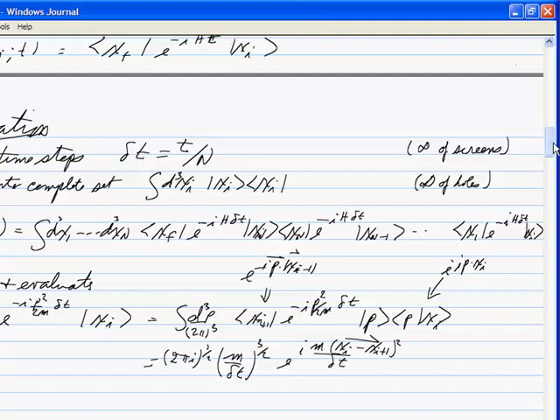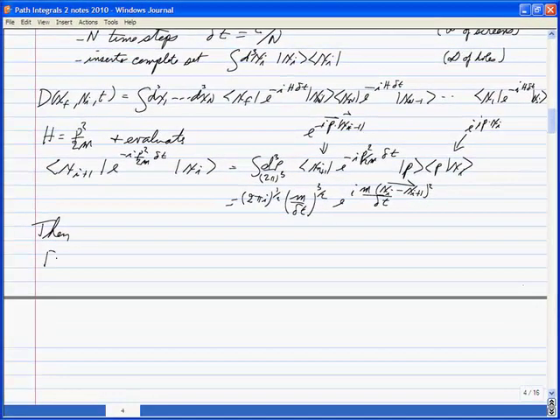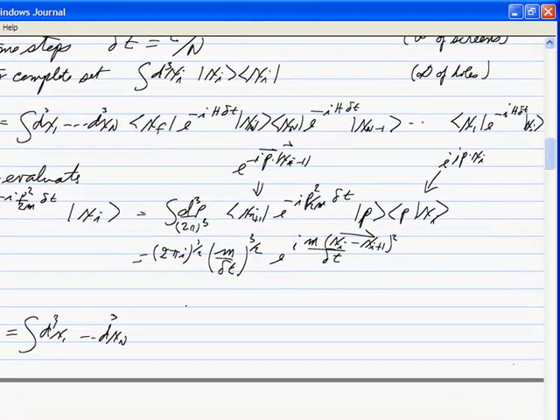And our overall answer, then, we can write out the overall answer then. It is the integral d^3x_1 up to d^3x_n, times (m/(2πiΔt))^{3/2} to the n, so there's a factor for each of those n integrations,